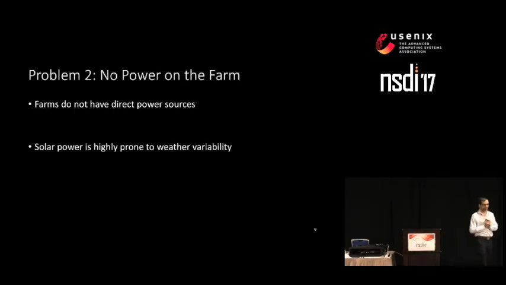And not just that, they don't have any power sources. So the way I think of an IoT sensor today is I take a sensor, plug it into my wall, it measures something for my home. Unfortunately, you can't do that for a farm, right? Like there's no power sources on the farm. But what you can do is to rely on other sources like solar power. But there's a lot of variability in solar power depending on the weather. There can be a few cloudy days and your system would go down.